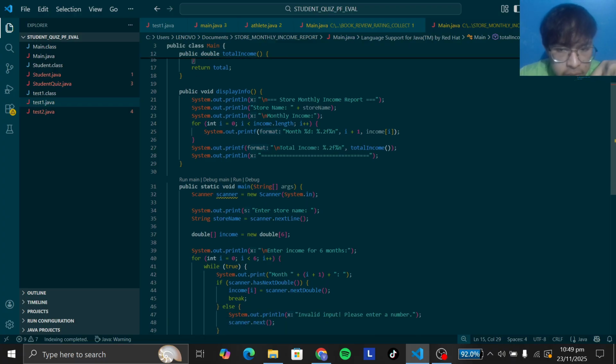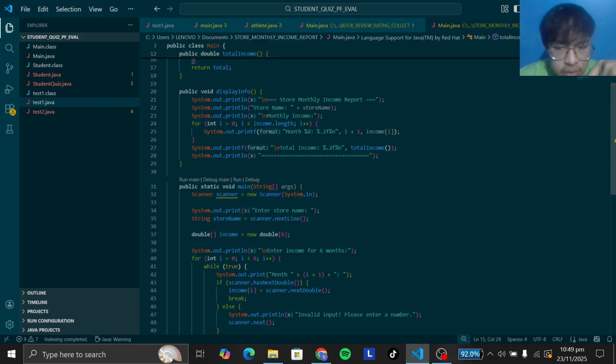The main method is responsible for running the program. It begins by creating a Scanner object to read the user input. The program prompts the user to enter the store name, and then the income for 6 months. To ensure valid input, a while loop checks if the user enters a number for each month, and if not, it prompts the user again.